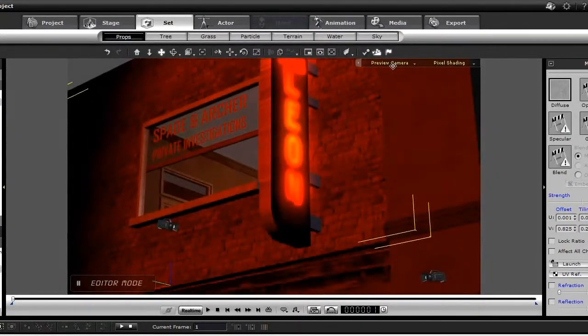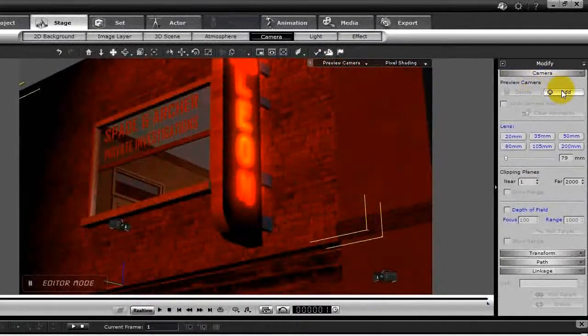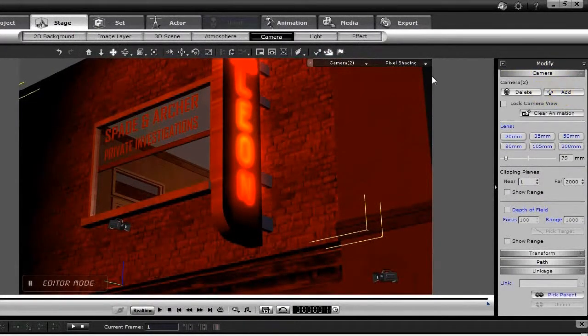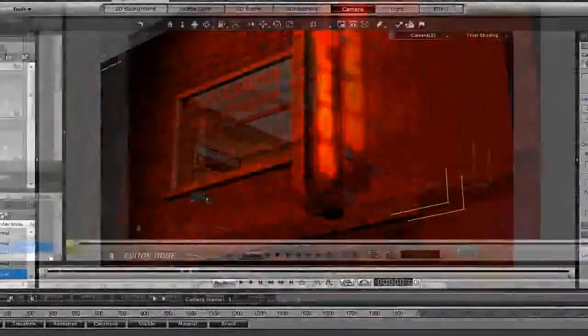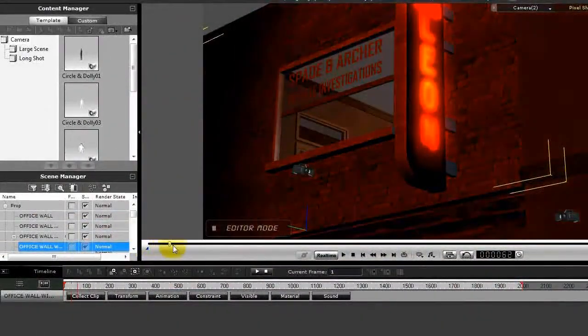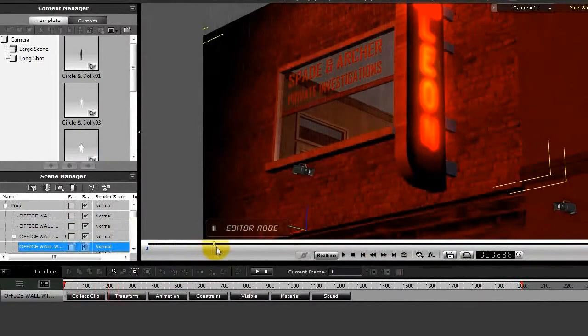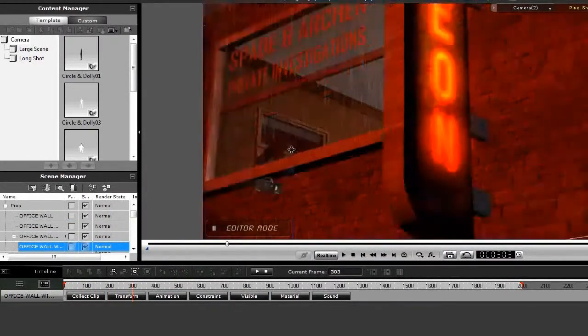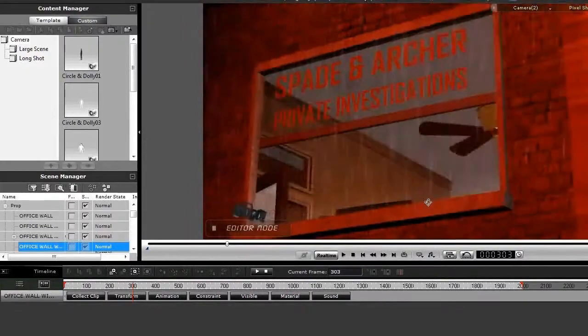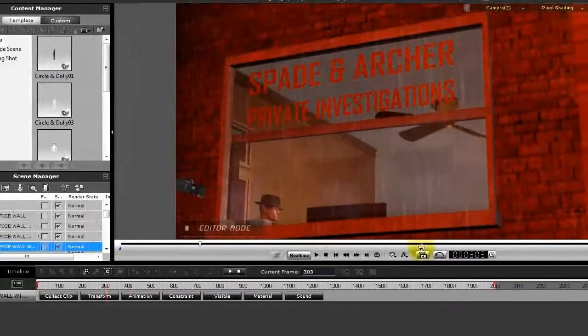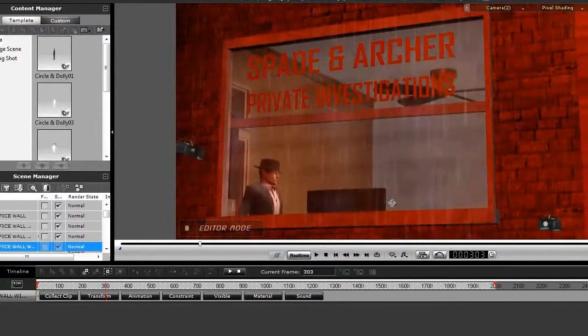So you could position the preview camera once again where you like it, then bring up the preview camera, hit the add button, and now we've added camera 2. So now let's slide the slider down, the light flashes, and maybe about there we can zoom into our second position for the camera,